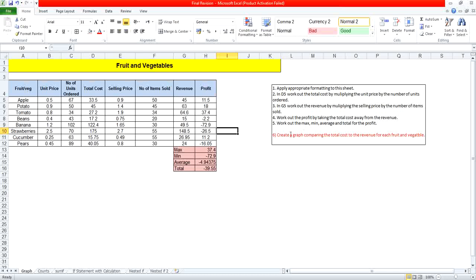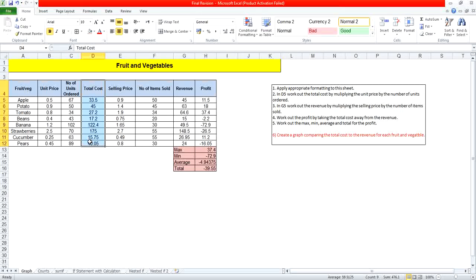Last requirement, create a graph comparing the total cost here to the revenue for each fruit. So we need to select separated columns. Select the first one. Keep holding the control button from the keyboard. Then select the second one, the profit. Then from Insert tab,